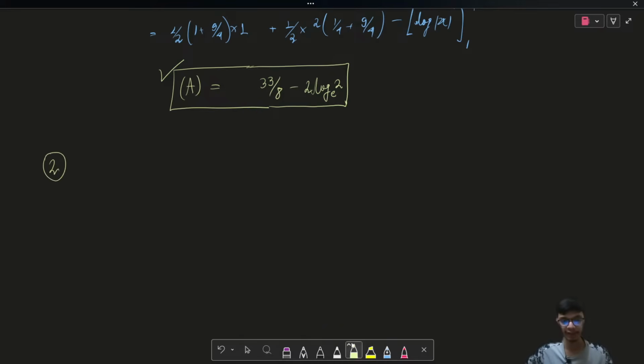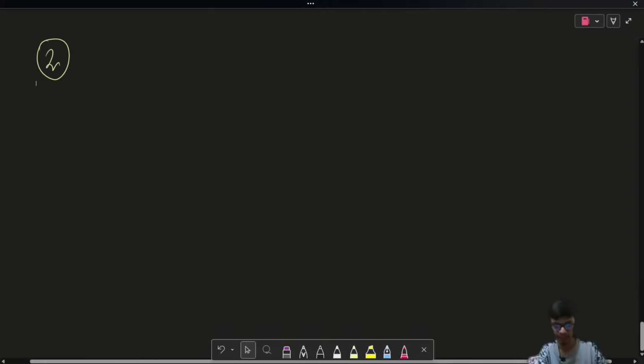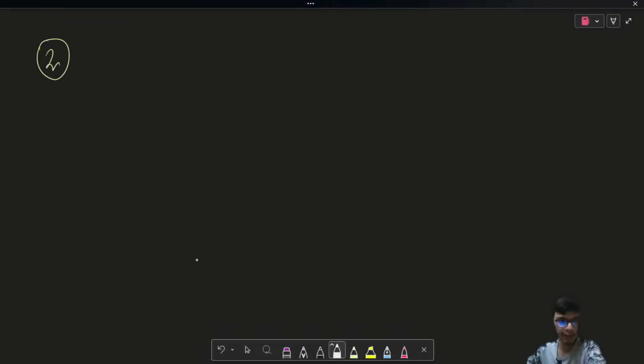This was one of the JEE Advanced previous year questions from the 2021 paper, which was conducted by IIT Kharagpur. Okay, so it is saying that